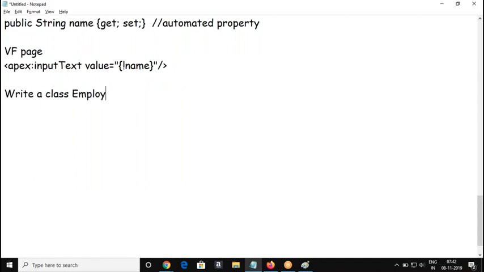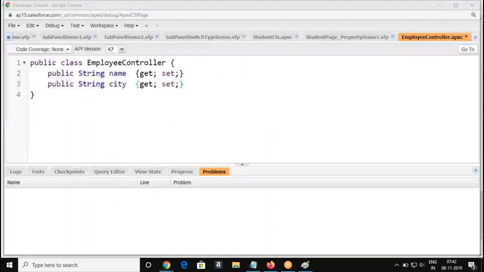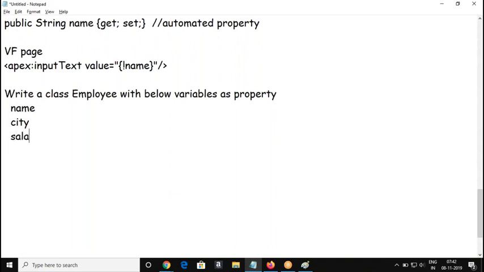You can try writing this class in parallel. The variables as properties: name, number, city, salary, and experience.